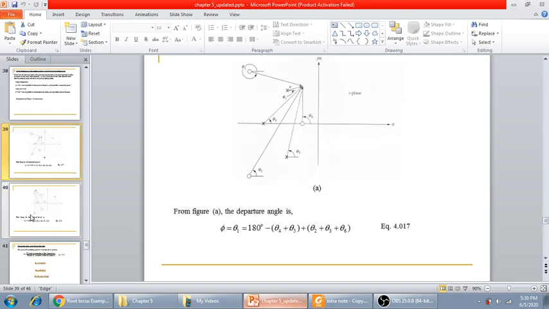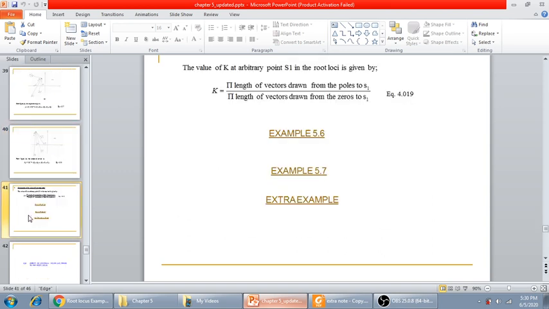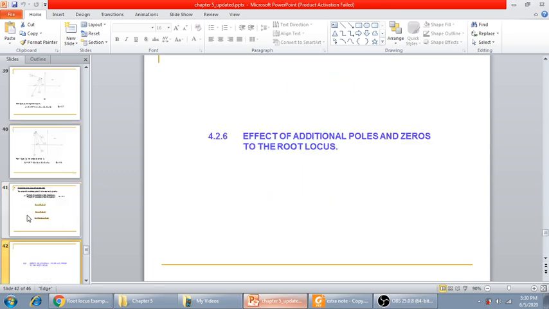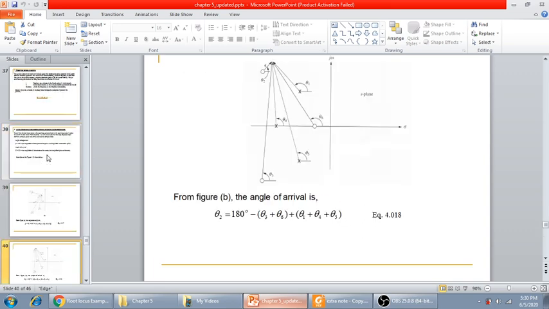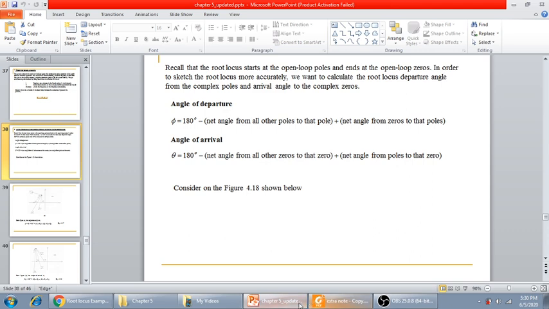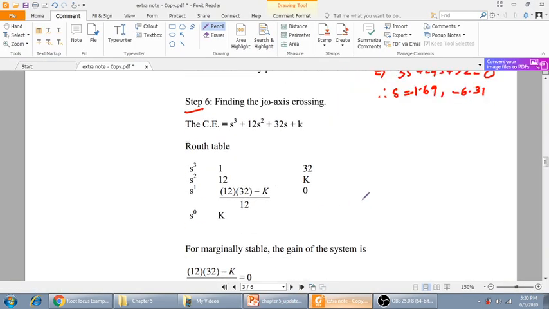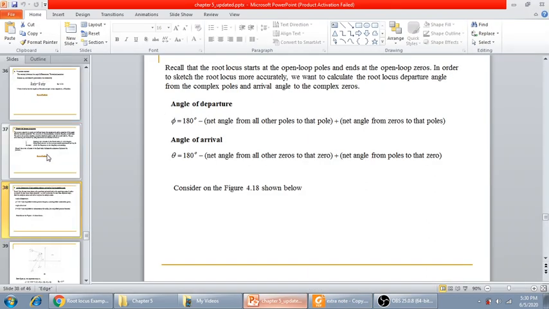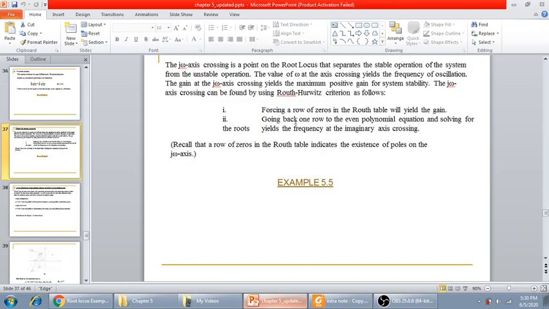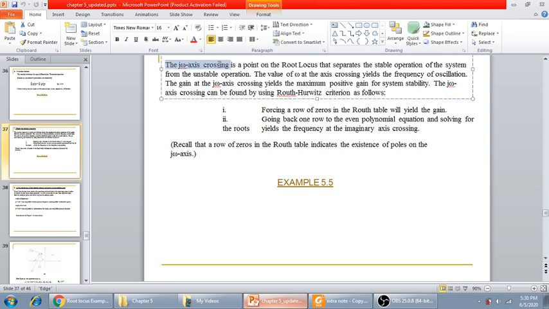I think the slide is not there, but we need to find it, because when we draw the root locus, we need this value. Yes, it is here, j omega crossing. So in order to find the j omega crossing,